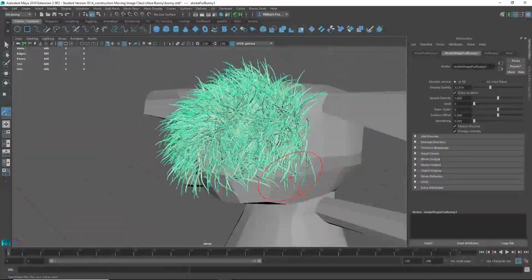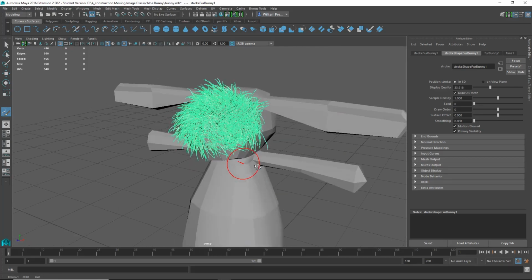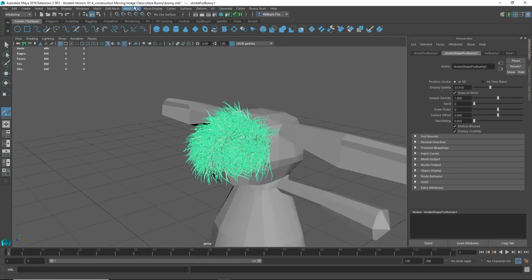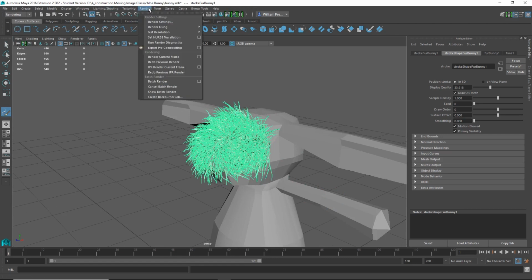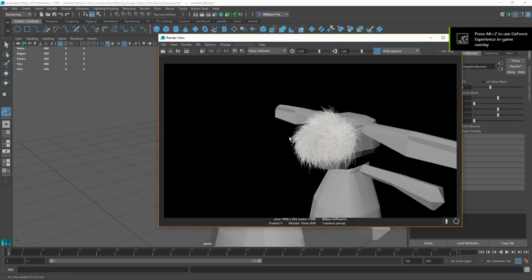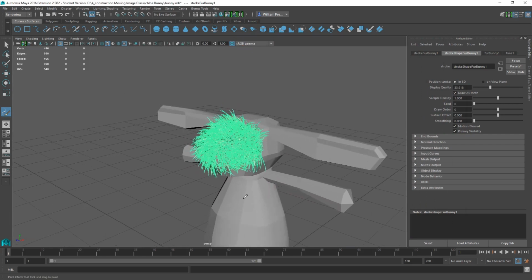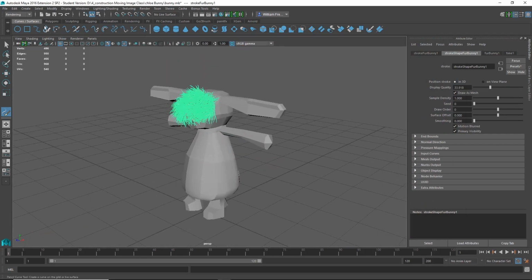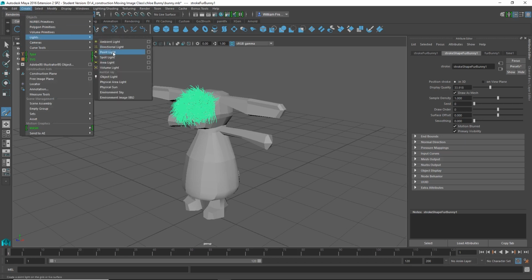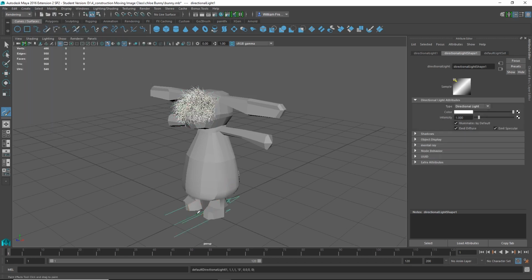So the advantage of paint effects hair or fur is that it renders really quickly, and it will also render using the default Maya rendering. So if we just say render, and I'm going to leave it set as it is right now, it's using the Maya software renderer. We're going to render the current frame, and you see it gives this paint effects fur. It looks really good. Now the issue with this is that if I apply a light, we'll create a spotlight or a directional light, and we will